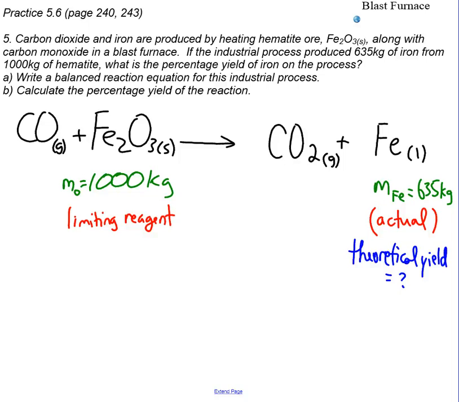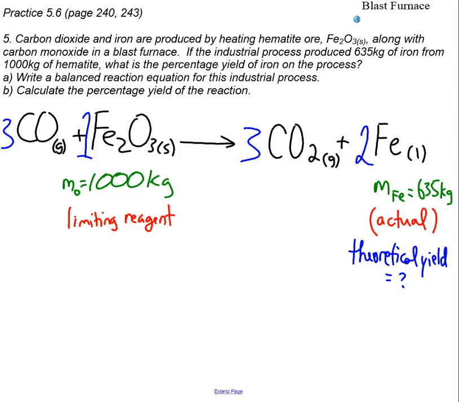which causes the problem of imbalance in the carbon, we can, with a little bit of foresight here, make the coefficient on the carbon monoxide 3 to bring up the number of oxygen atoms to 6. The coefficient on the carbon dioxide has to be the same as the coefficient on CO. And here now we have the ability to balance the oxygen and the carbon at the same time. And then iron as an element can be balanced last. So it's a 3 to 1 to 3 to 2 balanced reaction equation ratio for the moles of reactants